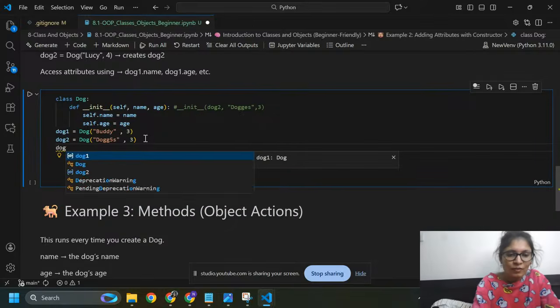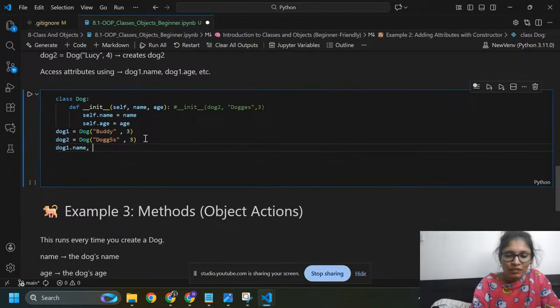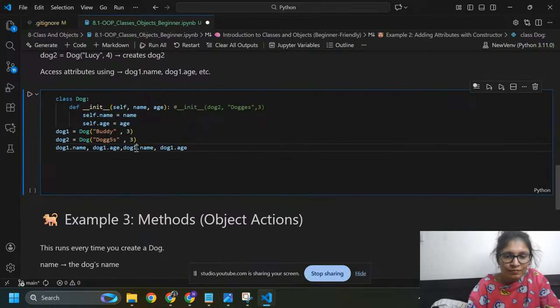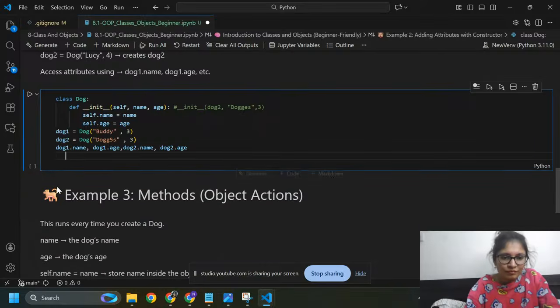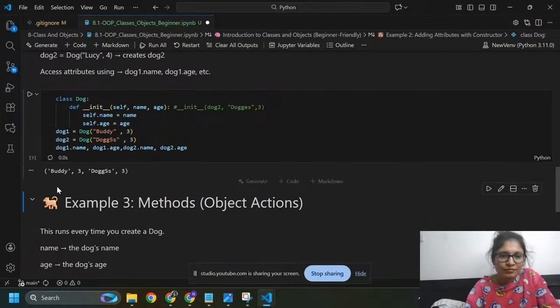Now for dog1, we print the name of dog1 and the age of dog1, dog1.age. Then for dog2, dog2.name and dog2.age.